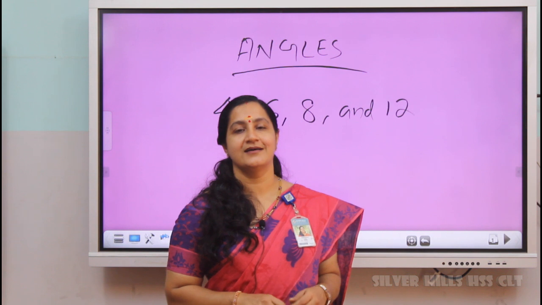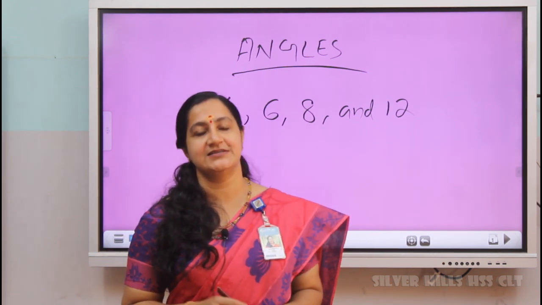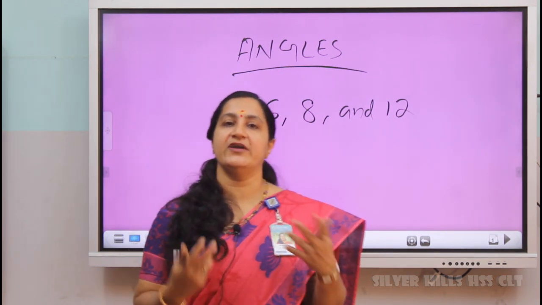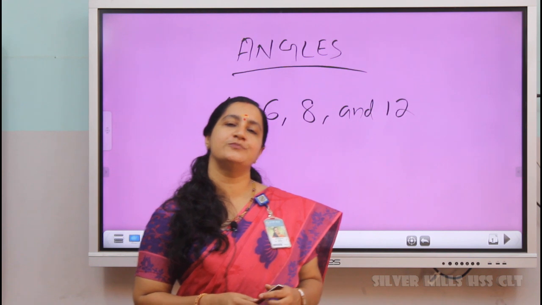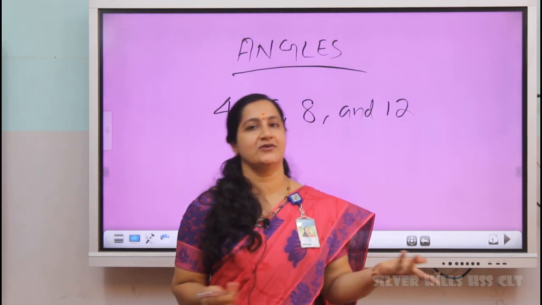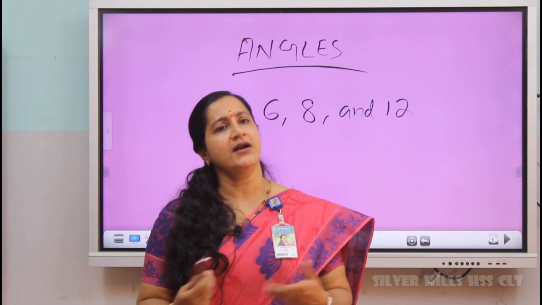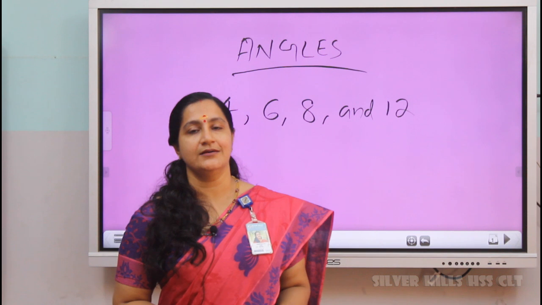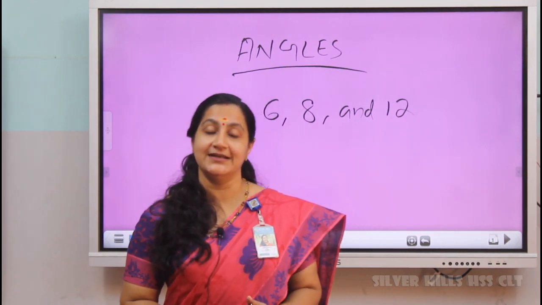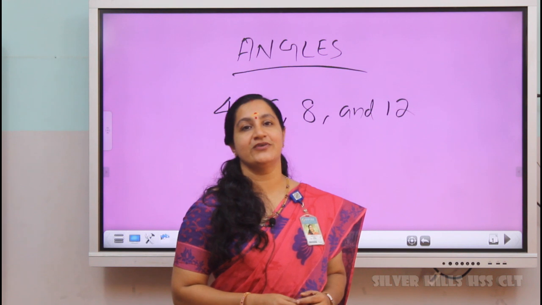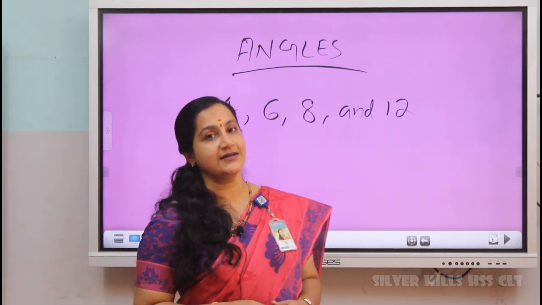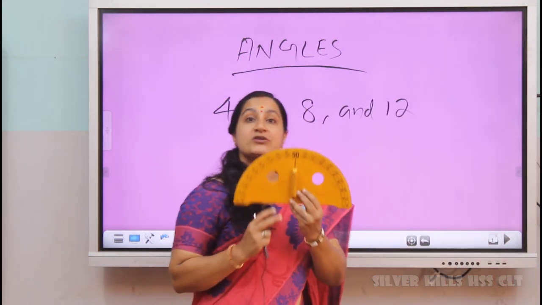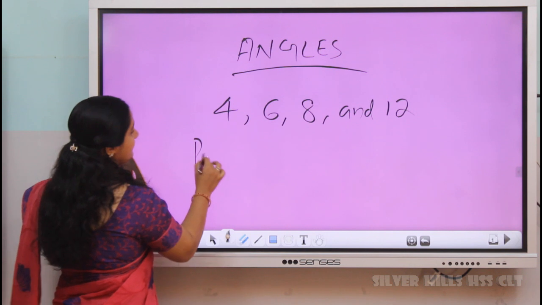Units of length are meter, millimeter, centimeter, etc. Similarly, if you want to take the weight of an object, how will we take it? Yes, we will use a weighing machine. What are the units of weight? Milligram, gram, kilogram, etc. Similarly, for taking the measurement of an angle, we have another instrument in our geometrical box. It is called a protractor. What is the name?